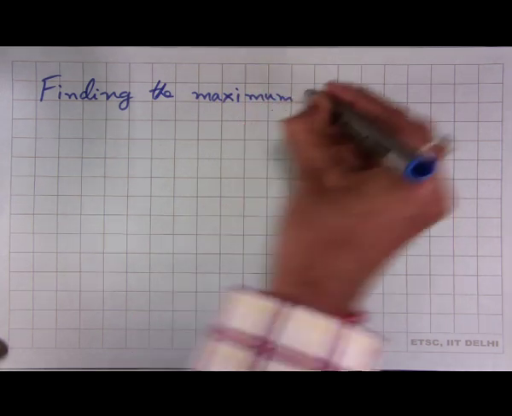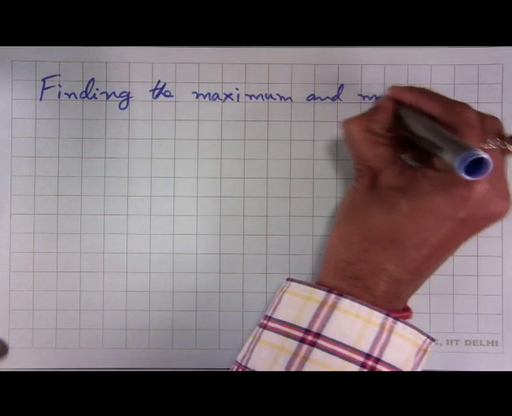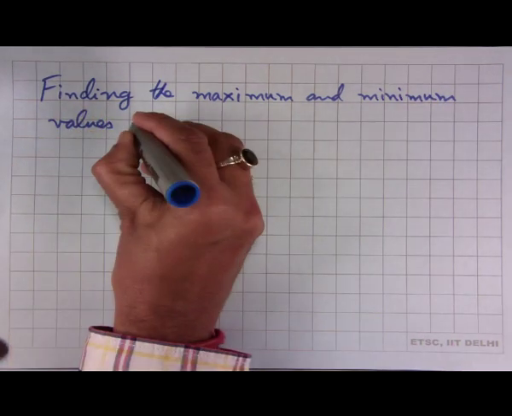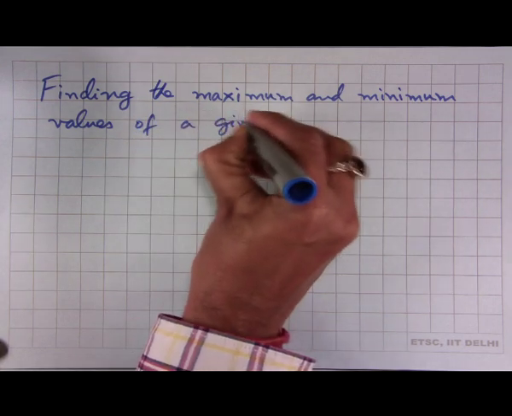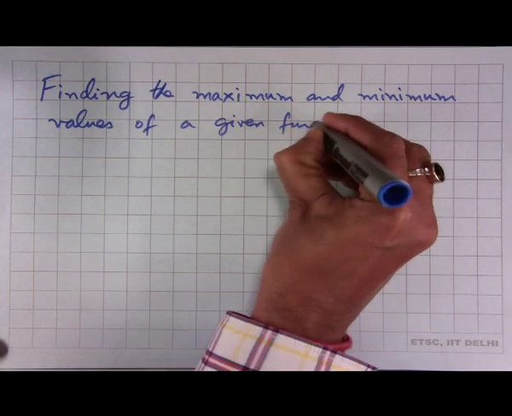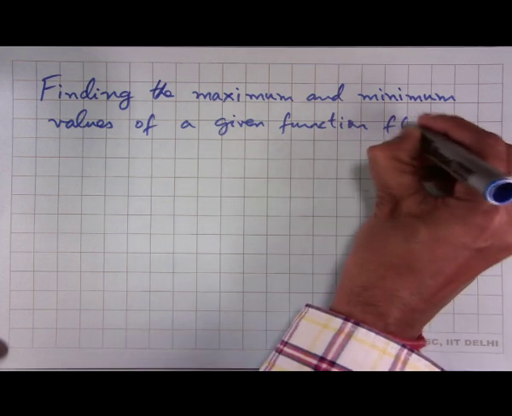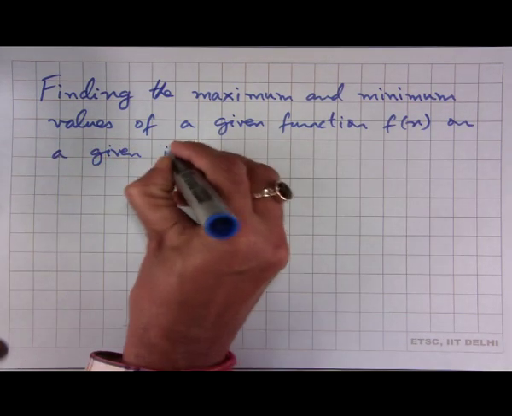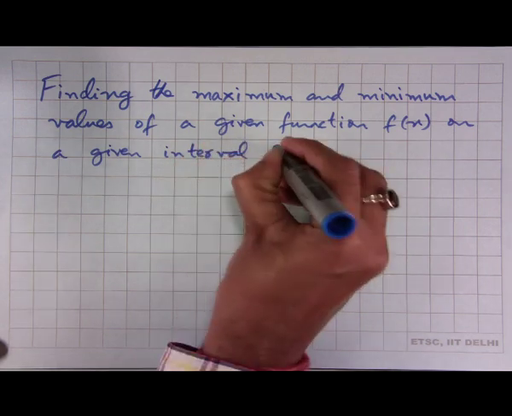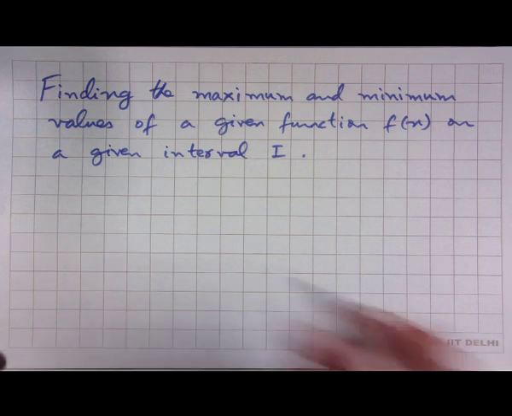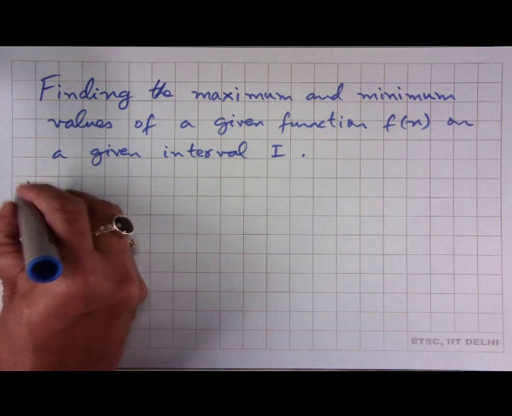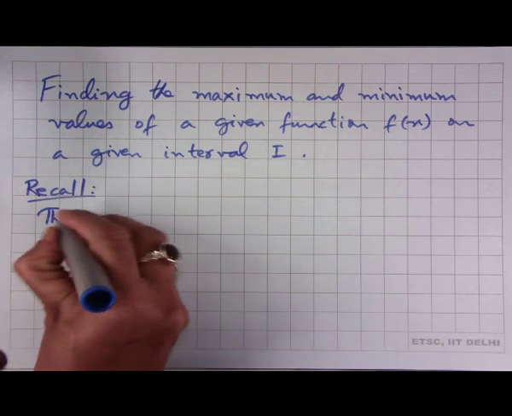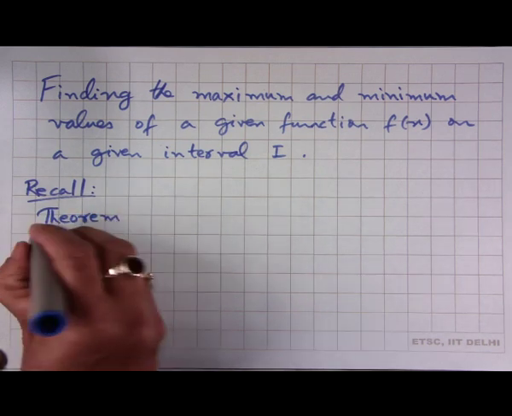maximum and minimum values of a given function f of x on a given interval, say I. So, first of all, recall that I stated this theorem before, that